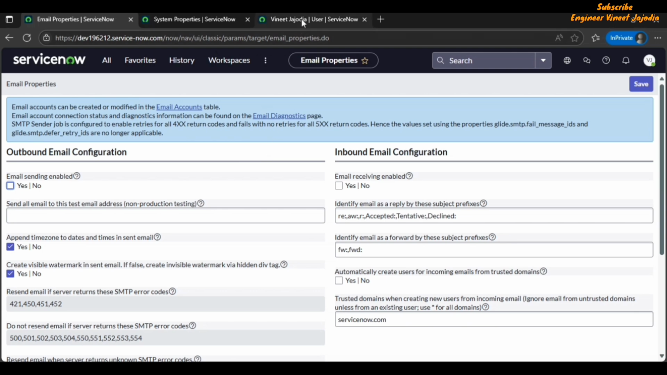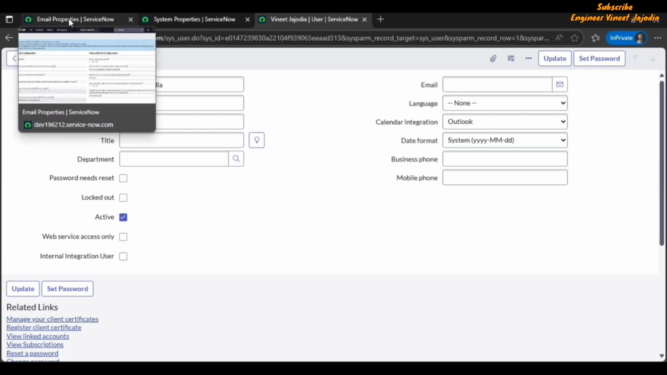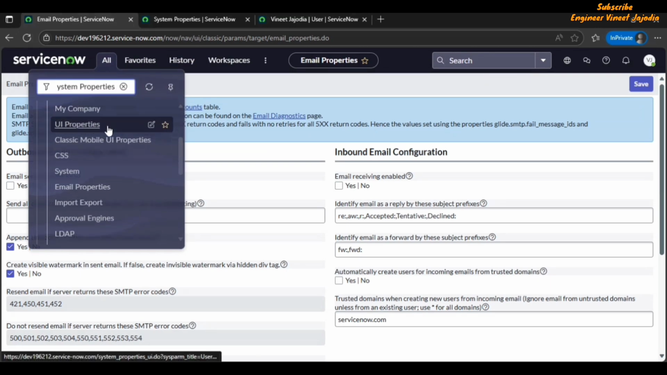So we have open user form here, and you can see we don't have save, insert and stay, insert button available on the form. In the header you can see we have only update and set password button is available. With the help of system properties, we are going to make changes in user interface. Okay, so click on all navigation menu, and we are going to go to